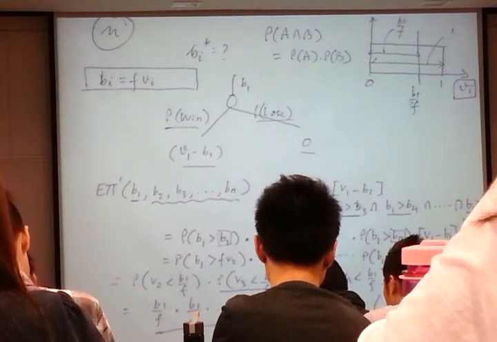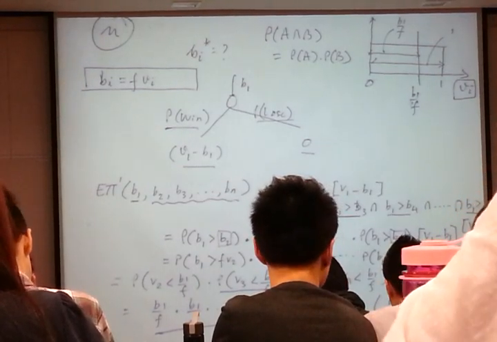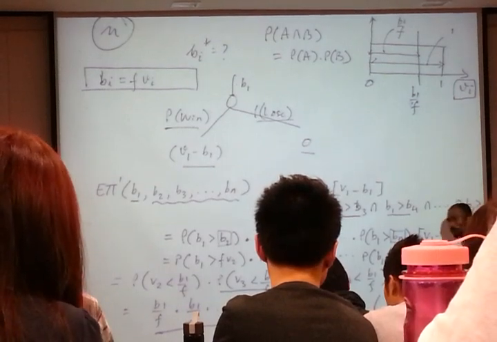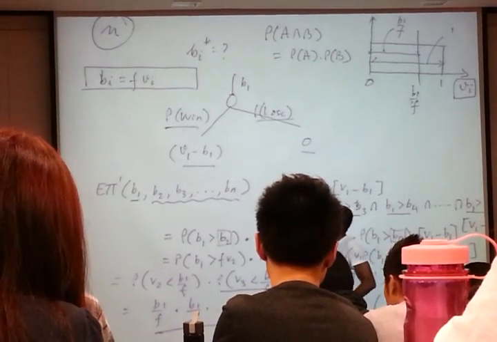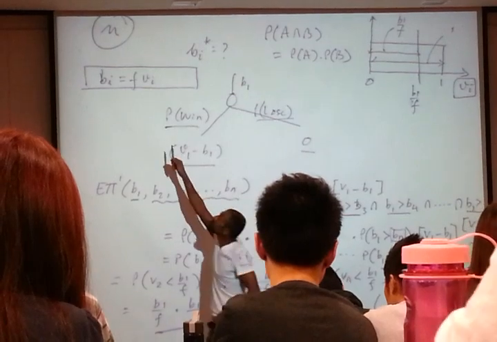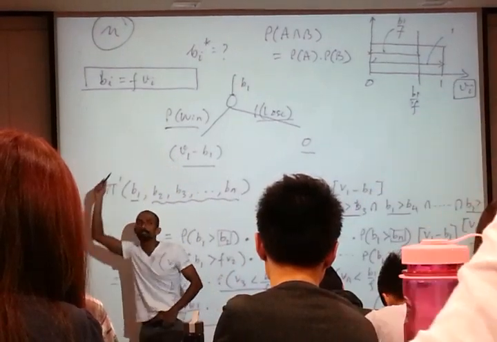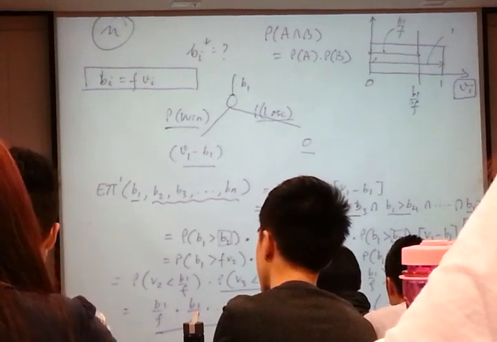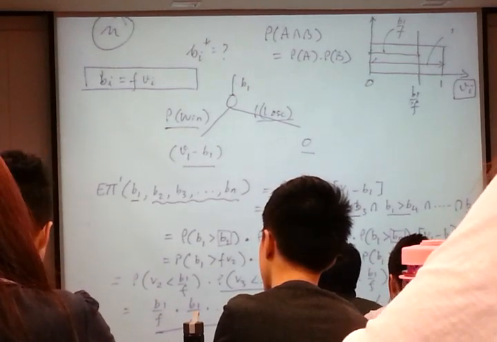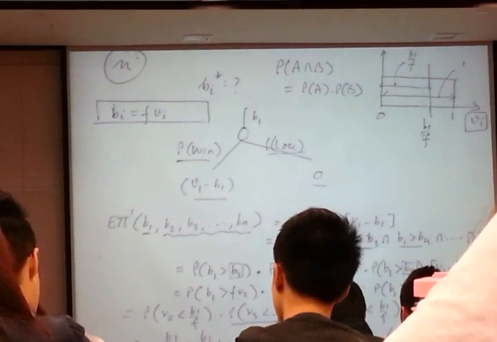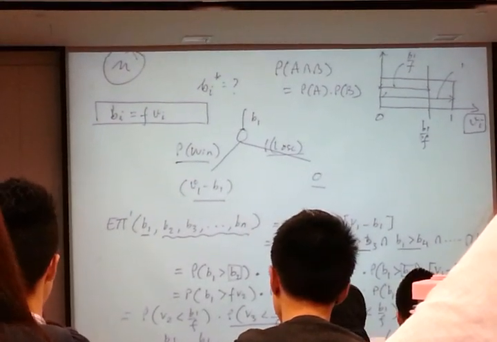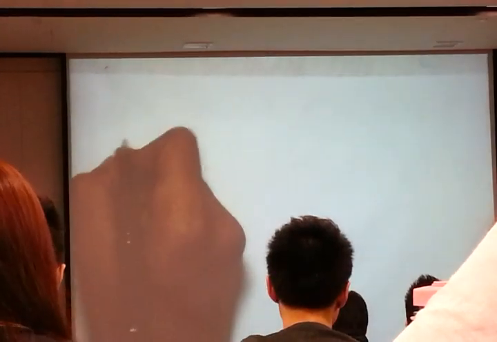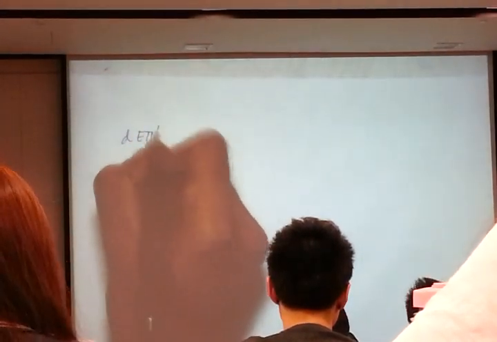This is the expected payoff, ladies and gentlemen, to any bidder, in our case bidder 1, of bidding B1 when other bidders are using a linear bidding strategy, bidding a fraction of their valuation. Alright. What is my next step? My next step is to differentiate this expected payoff function with respect to B1, set it equal to 0, and solve for B1 star. Let me do that. So E phi 1